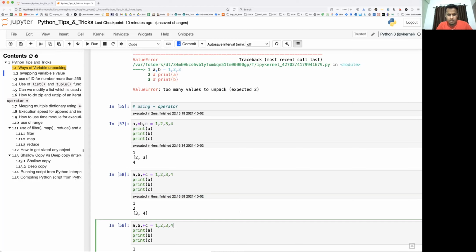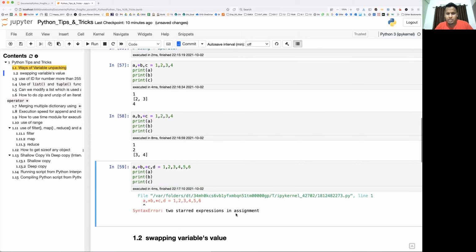Okay, can we use multiple star values? Let's see, 3, 4, 5, and 6. I'll use star B also, and here I'll use star D. Let's see what happens. Is it possible or not? Two starred expressions in assignment. So it means only one single starred expression can be used in an assignment, not two.